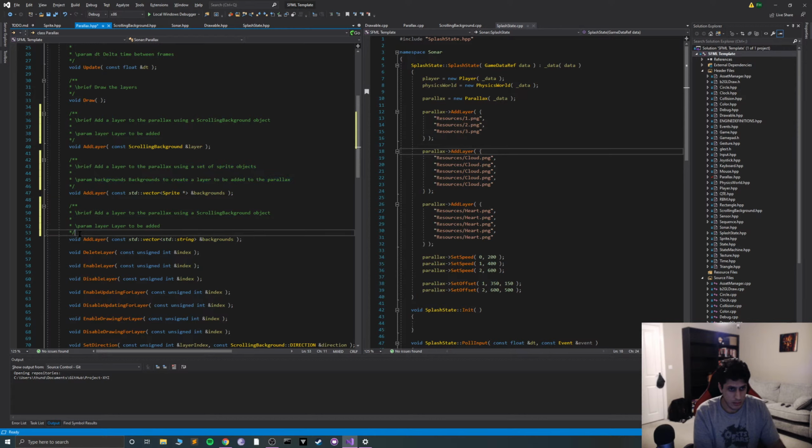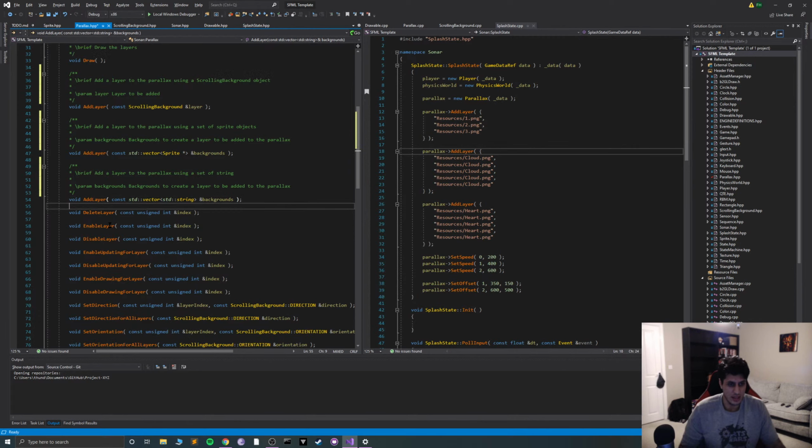So let's copy this, paste it here, using a set of strings. Ooh. Create a layer to be added. Okay, that's that done.